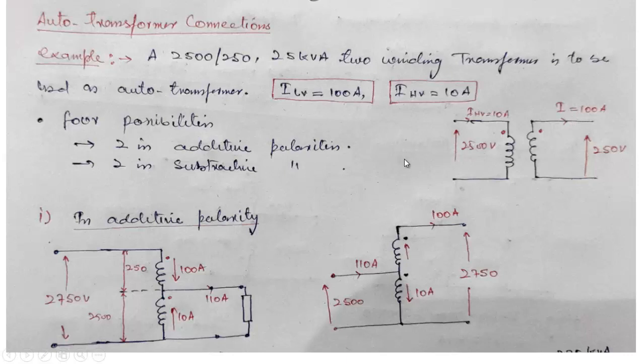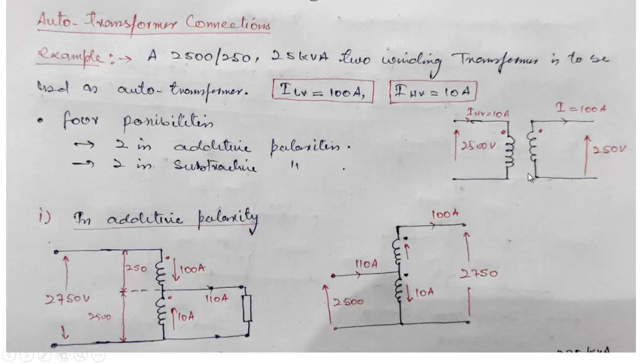So for connecting this as an auto transformer, there are usually four possibilities: two in the additive polarities, two in the subtractive polarities. Let us first discuss the additive polarity. What we do in this case,